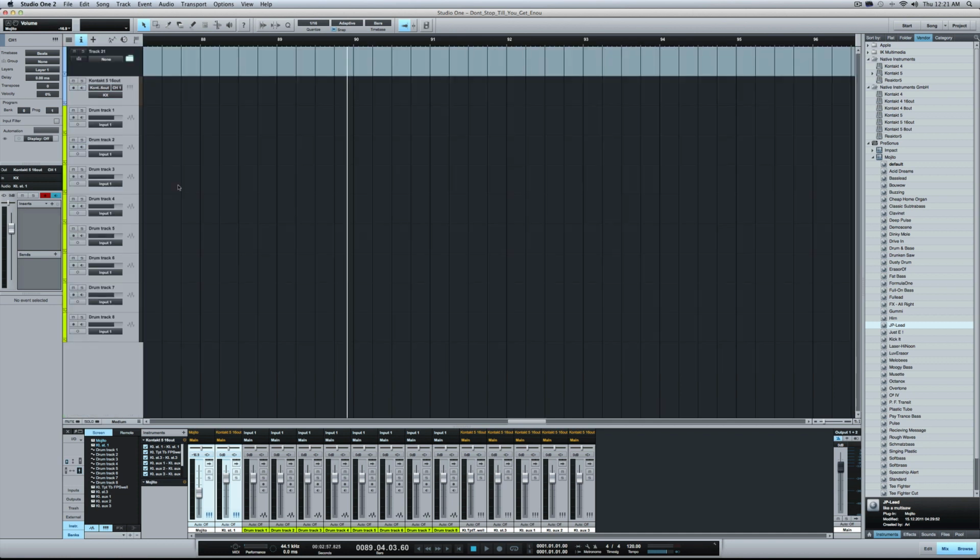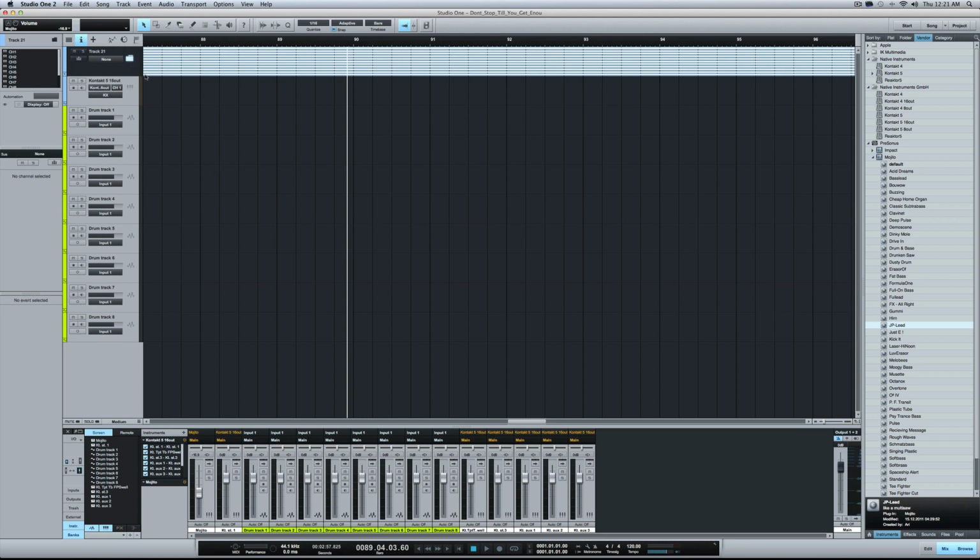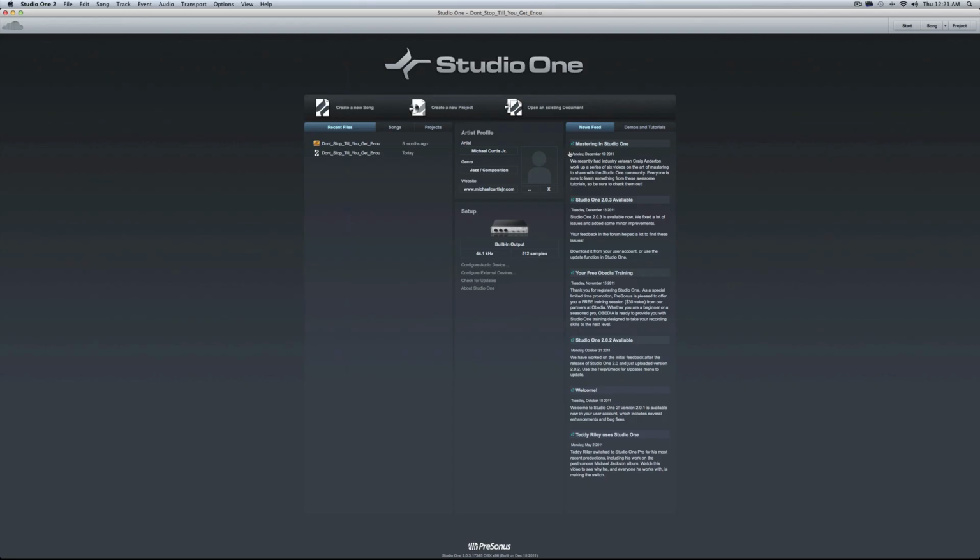And what that's going to do is it's going to actually group all those tracks into one little track lane, and then it's going to allow me to collapse it quickly. So now I've got room to do my drum tracks and so on and so forth. So now what I'm going to do is we're going to go ahead and go back to the start page,